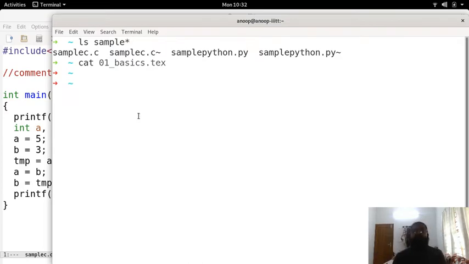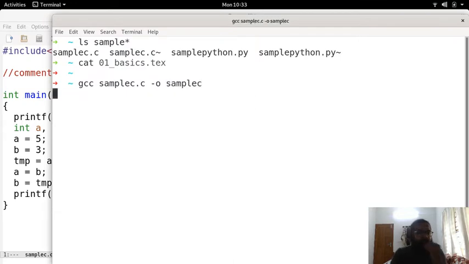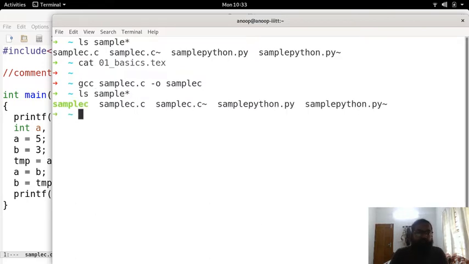How do you run the C program? You have to do gcc sample.c -o sample. Okay, so now this has compiled. So let's try to do the ls once again. So this has compiled the file. This has compiled the program,